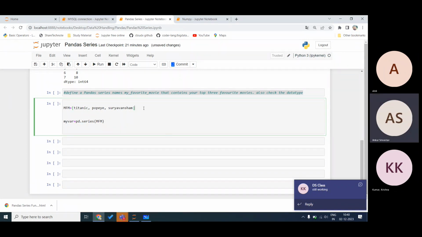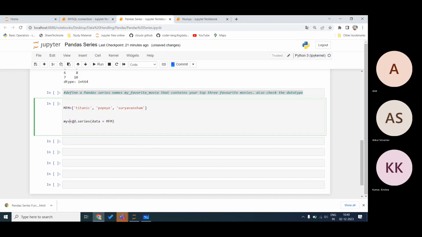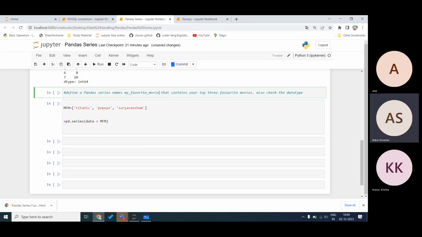You have to pass it in a list, and it should be inside the quotes because it's a string. Okay, and now Series. Where is your data? The name was my favorite movie. The DataFrame name was my favorite movie.